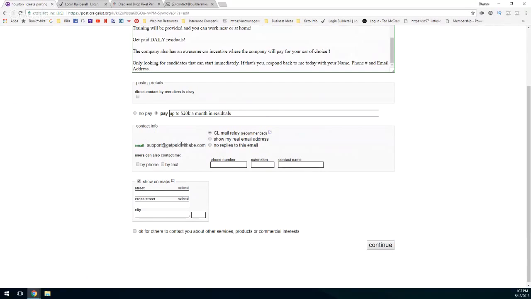All right, and then contact information. You're going to put your email address, and you can put whatever email address you want. Ideally, if you have an email address that's not at Gmail or Yahoo or Hotmail, that would be better. If you have an email that has a company name or your business name, that just looks better to the candidate. Just think about yourself. If you're looking for a job and someone says reply back to me at john@gmail.com, you're going to think, well, is this a company or is this some guy that's trying to hire me for something? But if you have john@builderall.com, then that's different, because it sounds like a legitimate company.